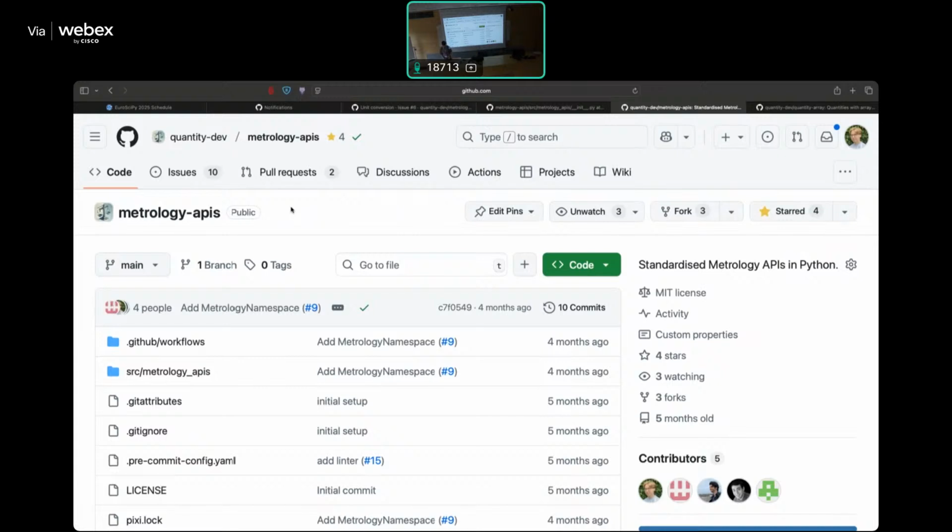And then this would mean that for quantity array, we don't just have one unit library building on top of whichever array library you want, but you could also have whichever unit library you choose building on top of whichever array library. So yeah, it would be quite nice to really get that working. And the main thing to discuss today is this repo that we have here,